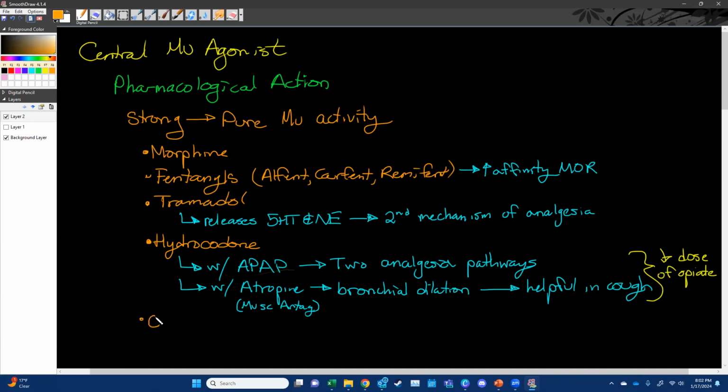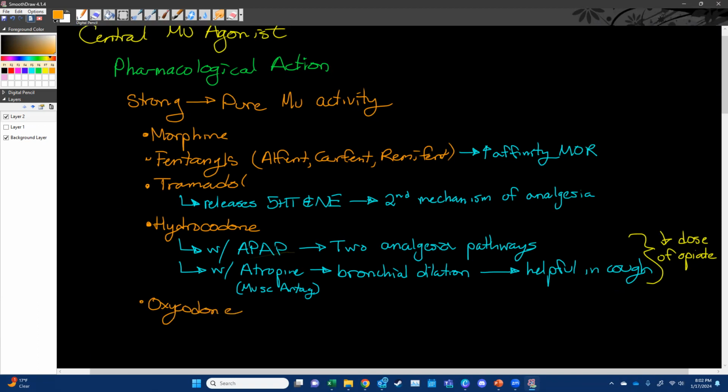The cousin to hydrocodone is oxycodone. Oxycodone, in the same way, is usually given with acetaminophen. Again, this is mostly to decrease the dose, right? And part of this comes from the opioid epidemic, where we used to just give oxycodone by itself because it does a really, really good job. Now we give it in combination because we can hand out much, much less